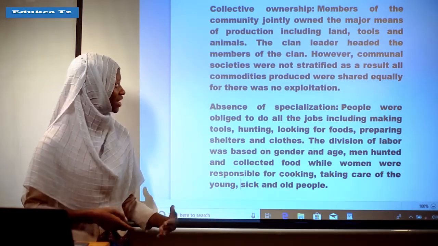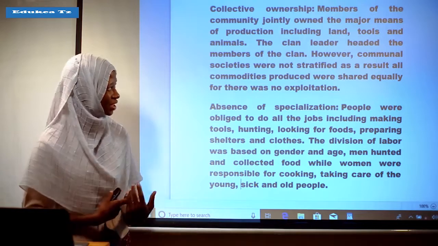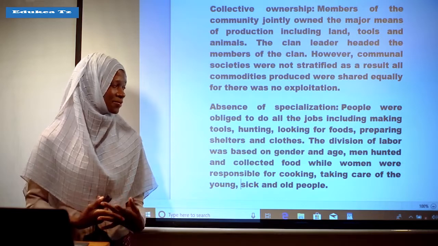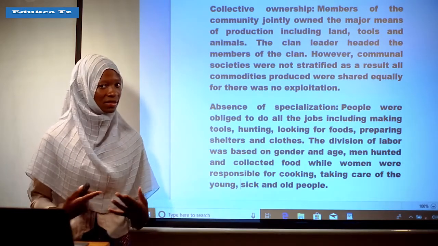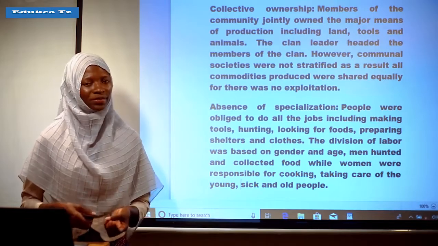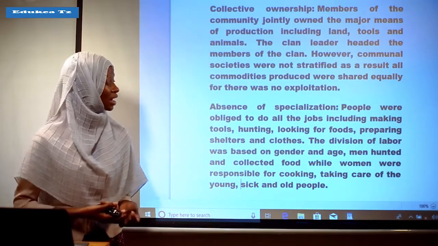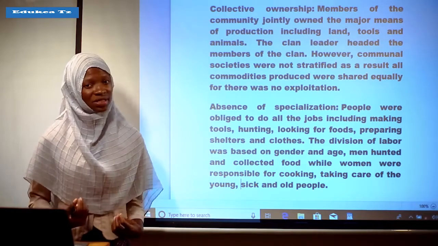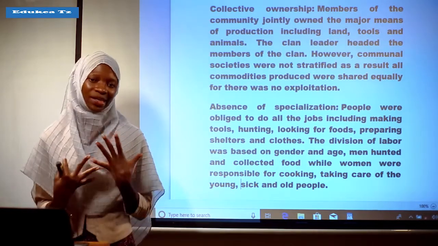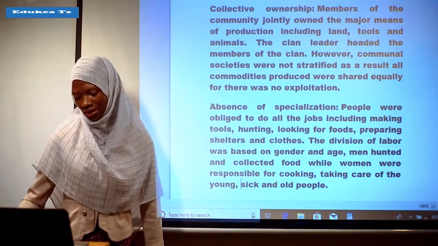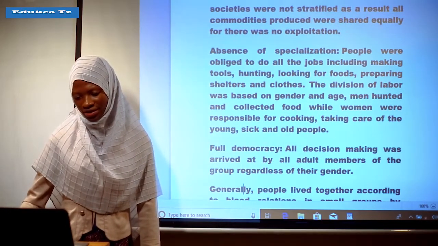The clan leader headed the members. Though there was a clan leader, the communal societies were not satisfied. They were not satisfied due to the use of local tools like stones. Also, the commodities produced were shared equally. There was no exploitation at that time. The next characteristic is